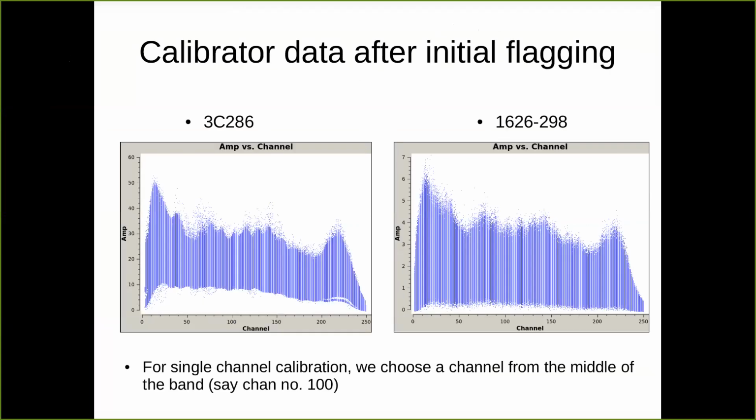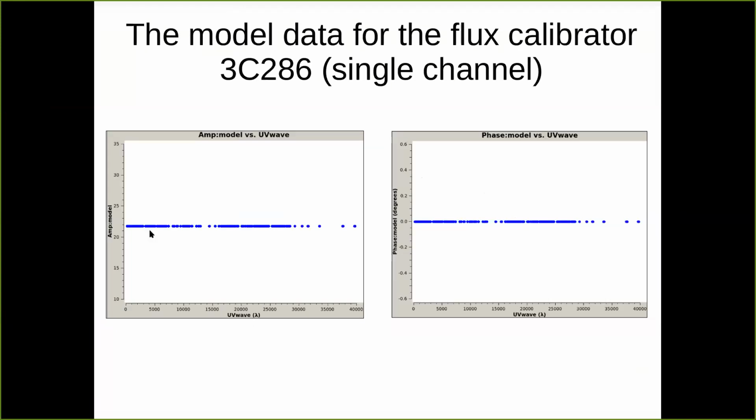So you have already seen the flux calibrator and the phase calibrator, the visibility amplitude versus channel after the initial flagging, but without any calibration. As I said, in this tutorial we will only learn how we do the calibration for the time dependent part, which is the complex gain. For that, I choose a channel from the middle of this band, say channel 100. Okay, and this is the model data for the flux calibrator, if I plot it for the single channel,